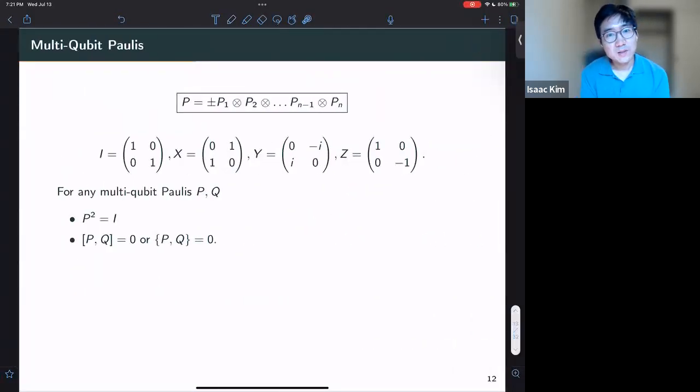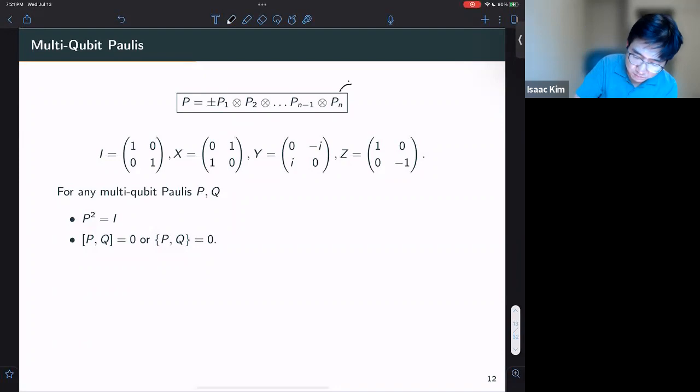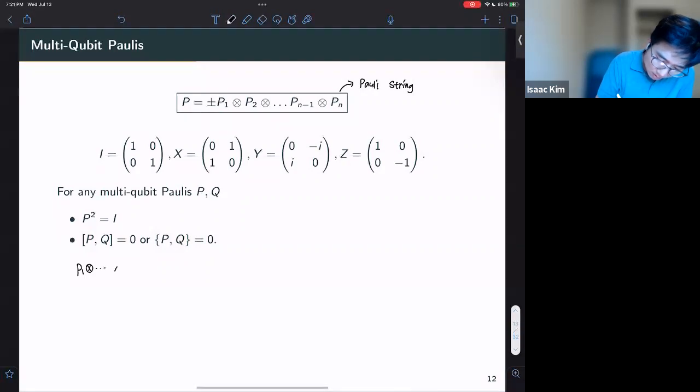In quantum computation, we don't have a single qubit, but we have more than a single qubit. We can have many qubits. And that's why we consider Pauli matrices that are acting on many qubits. These are called Pauli strings. And I told you the definition of the tensor product. Let me just remind you what that is. Let's say I have P1 tensor Pn applied to some product state